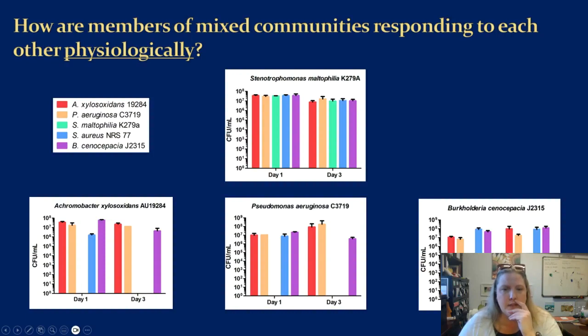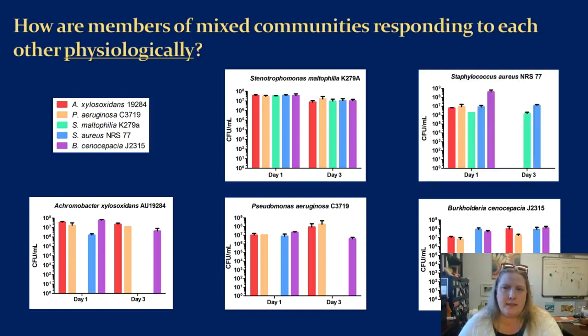The last graph I'm going to put up here is actually the basis for the project, and that is the Staph aureus. So Staph aureus is a little bit unusual amongst these in that it's a gram-positive, it's a coccus, it's not rod-shaped, and it's a very, very fast grower. So at day 1, you can see the blue bars are staph when it's growing by itself, and it has some robust growth. And I should have pointed out that on the axis, the y-axis over here, this is CFUs